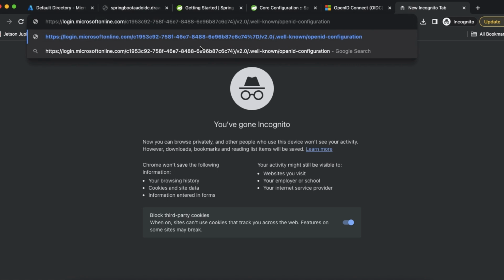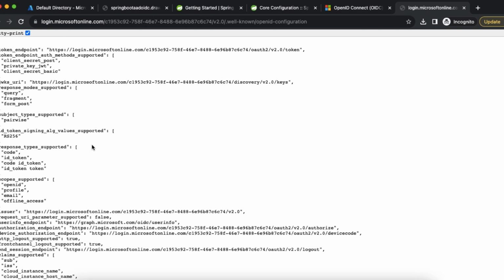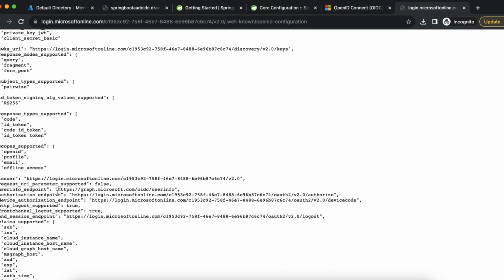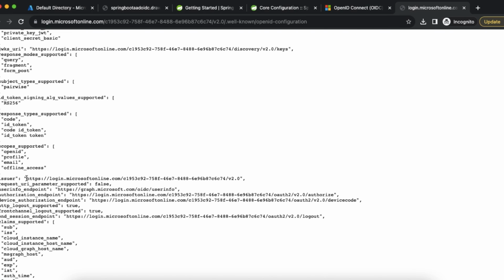So replace that URL, remove these curly braces and enter. So here you can see all the endpoints like token endpoint, the authorization endpoint, user info endpoint, all those things. So if you look at this configuration, we need to specify the issuer URI. So copy this issuer value